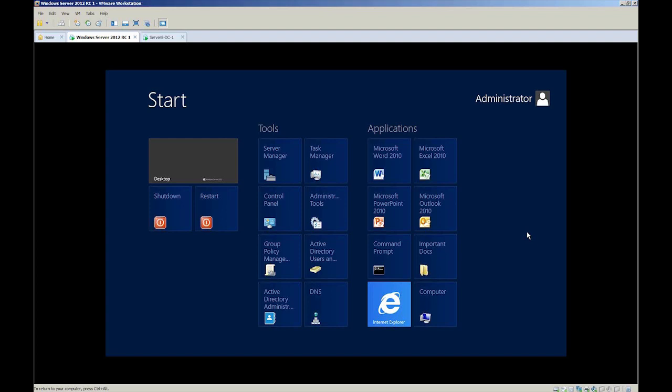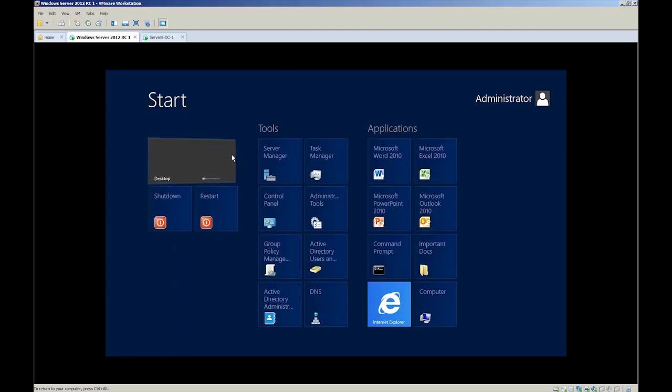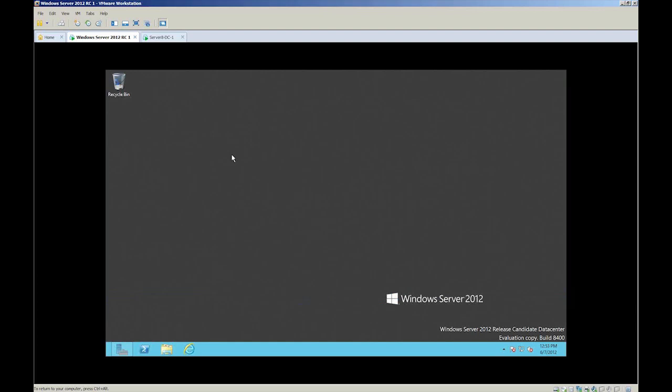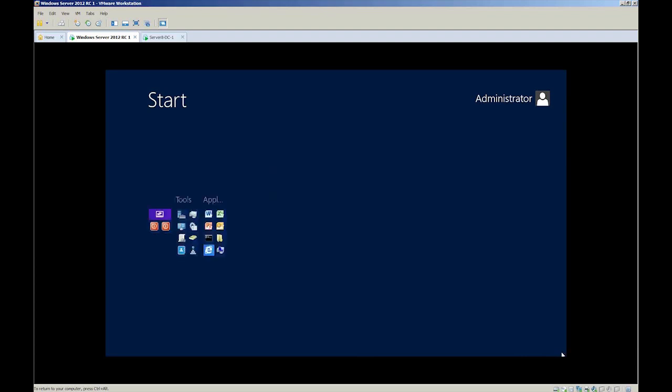Now, there's a couple other quick things that I want to show you here. One drastic thing that affects people when it comes to this Start menu and the desktop is that it's such a drastic difference, meaning the look of this versus the look of this. It's very different. So what I like to do is, let's go back to the Start menu. I'm going to zoom all the way to make everything small. I'm going to hit Print Screen on my keyboard here. Okay, so I just hit Print Screen.